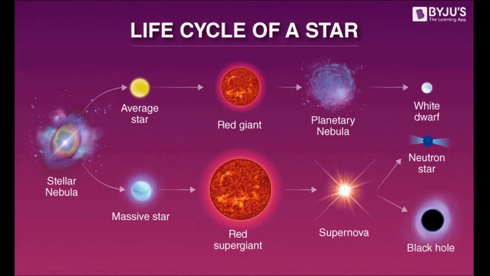We discuss the lives of stars in terms of a life cycle, from birth to death and to new stellar birth. Here you can see the life cycles of stars. On the left you can see all the stars are born in a stellar nebula, also known as a stellar nursery. At the top is the lifeline of a star like our Sun, destined to become a white dwarf. Below is the lifeline of a massive star, and its fate after going supernova to become a neutron star or